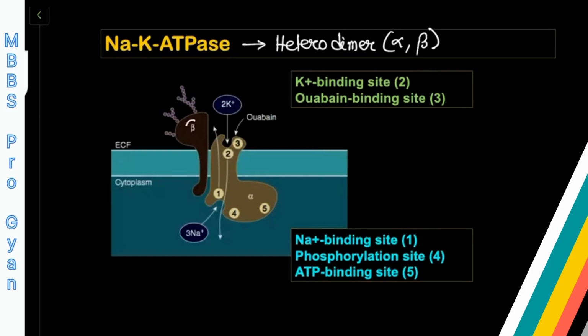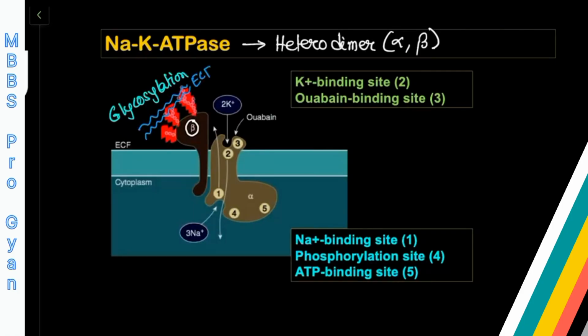Now we look at the beta subunit here. This beta subunit contains three glycosylation sites. So this is 1, this is 2, this is 3. What are those? This is a glycosylation site. With the help of this glycosylation site on the beta subunit, the sodium potassium ATPase molecule remains attached with extracellular